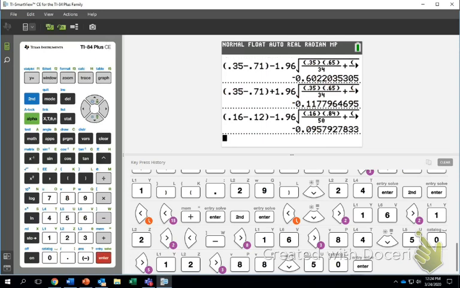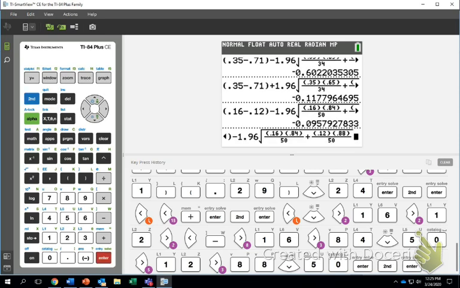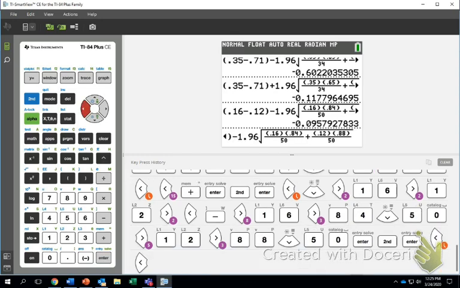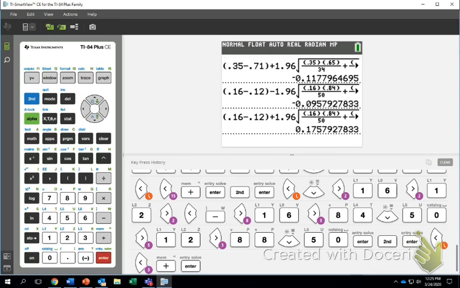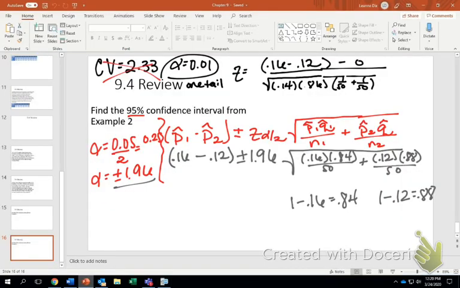All right, so I typed it in, press enter, and we get negative 0.096. I can do this again with a plus sign in front of my 1.96 instead of a minus sign, so give me a second. Plus, and I get 0.176. So I can go ahead and write that. All right, so negative 0.096, P1 minus P2, that's the variable we use,